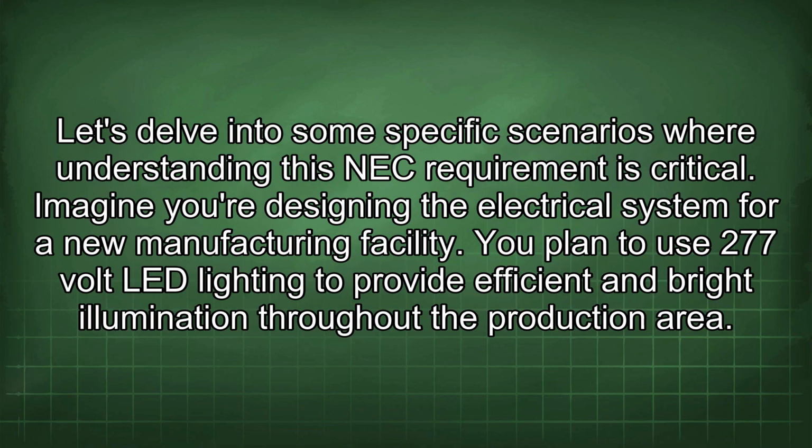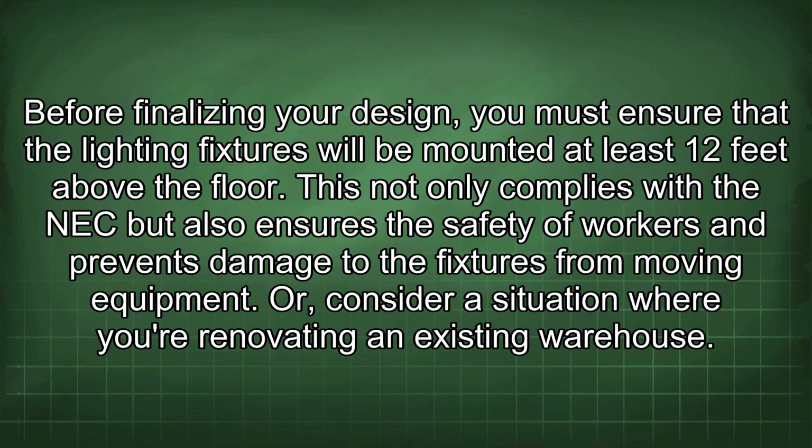Let's delve into some specific scenarios where understanding this NEC requirement is critical. Imagine you are designing the electrical system for a new manufacturing facility. You plan to use 277-volt LED lighting to provide efficient and bright illumination throughout the production area. Before finalizing your design, you must ensure that the lighting fixtures will be mounted at least 12 feet above the floor. This not only complies with the NEC but also ensures the safety of workers and prevents damage to the